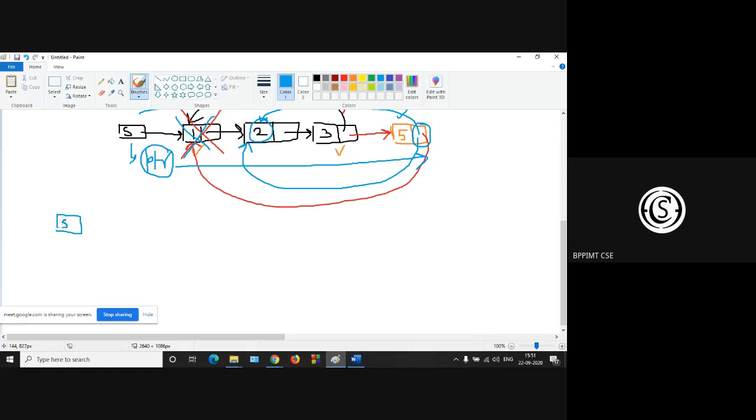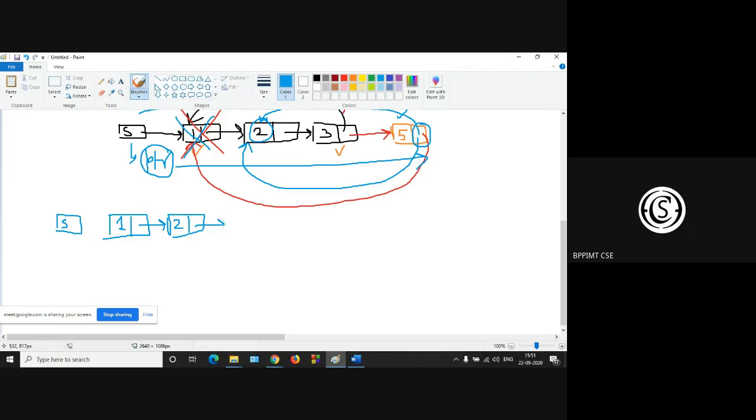Let this is your S, the starting node, that is header or start, and this is your first node 1. This is your second node 2.